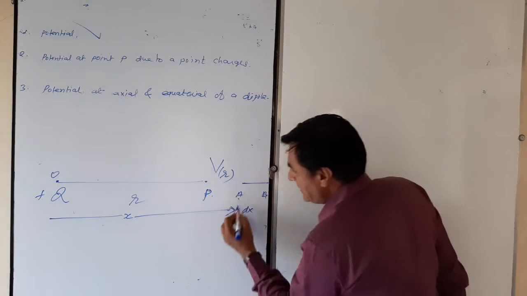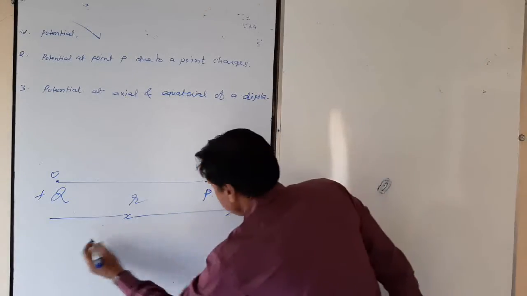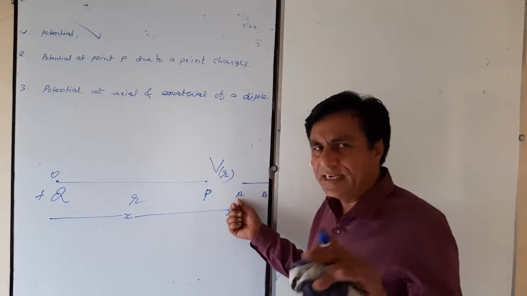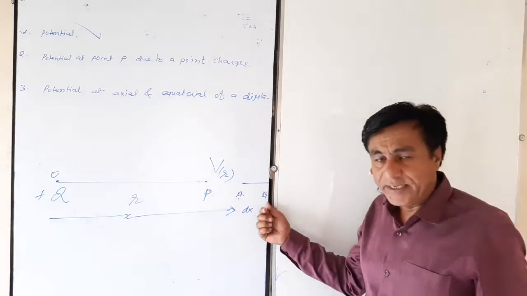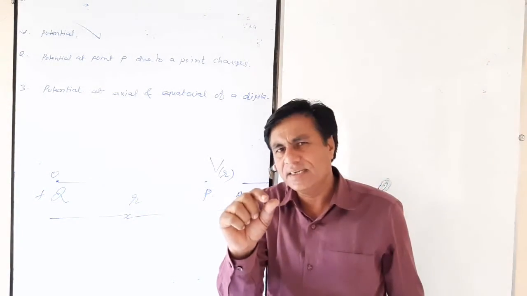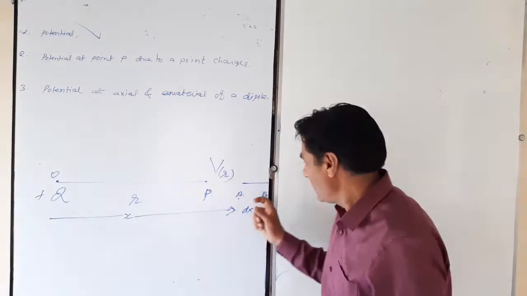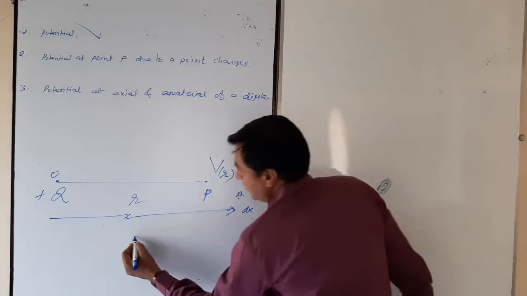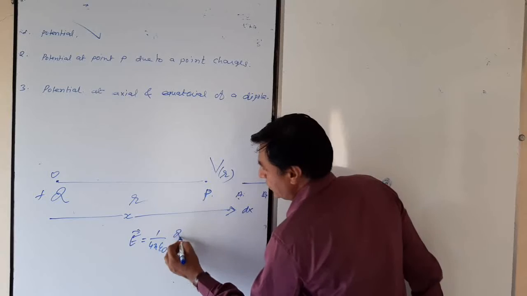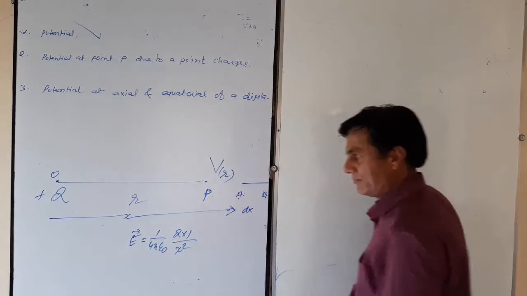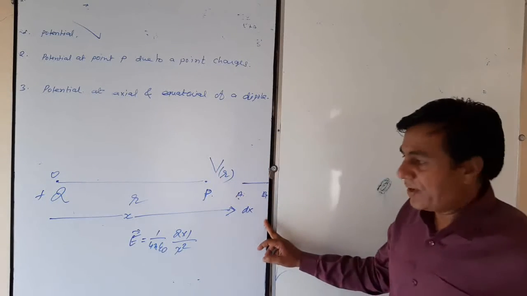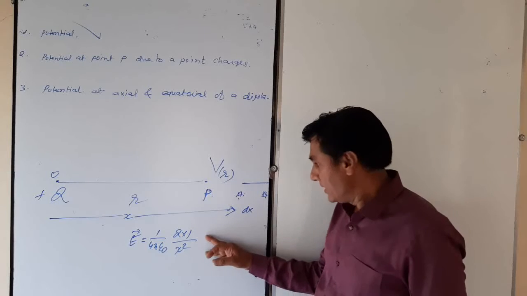See here, electric field intensity at points A and B, both very close to each other. The electric field intensity at point A is a little bit more than at point B, but A and B are very close to each other, meaning electric field intensity is approximately equal, and the electric field intensity at point B is equal to 1 upon 4π epsilon 0 times q upon x square. Because it is x plus delta x, it is x, but it can be taken just equal to x. So the electric field intensity magnitude is E.